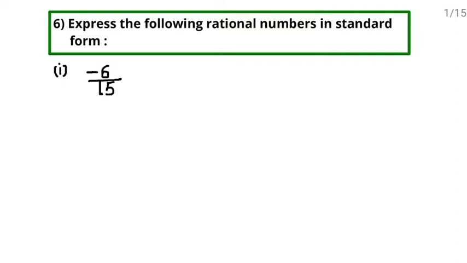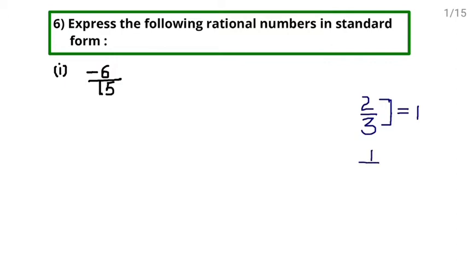As I have explained in the introduction video, standard form means the numerator as well as the denominator should not be divisible by any same number, like 2 upon 3. 2 and 3 are not divisible by any same number. In other words, the HCF, that means highest common factor, of numerator and denominator should be 1. Clear? Second thing you need to remember, the denominator should not be negative.